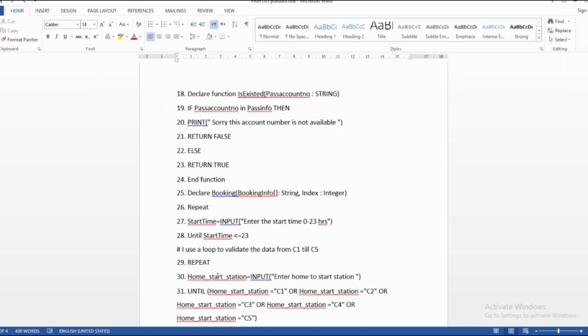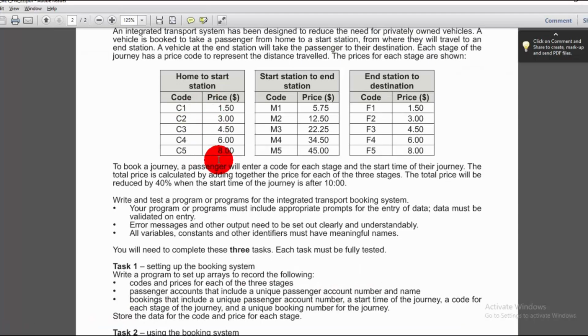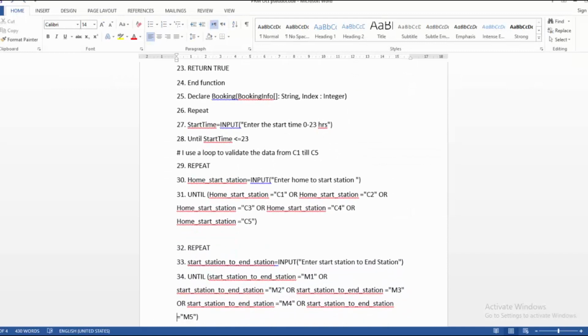Now I use a loop to validate the data from C1 till C5. Then home start station. This variable asks the user to enter home to start station, right? And the user enters the home start station, then it will check. Okay, and till which condition will it check? That will check till C1 or C2 or C3, whatever the code entered, it will be checking constantly. In the same way, it will start checking start station to end station variable, right?